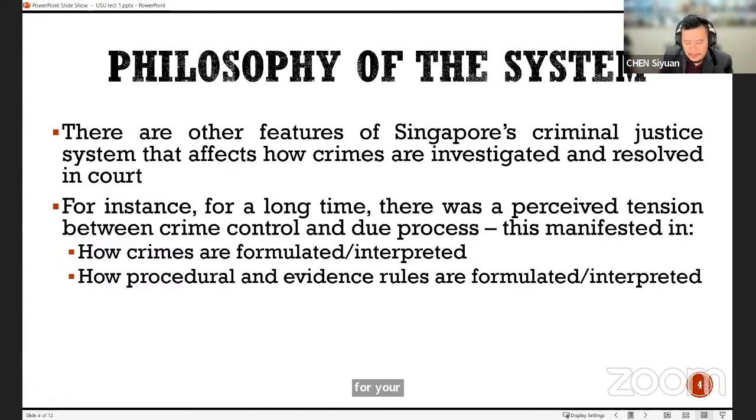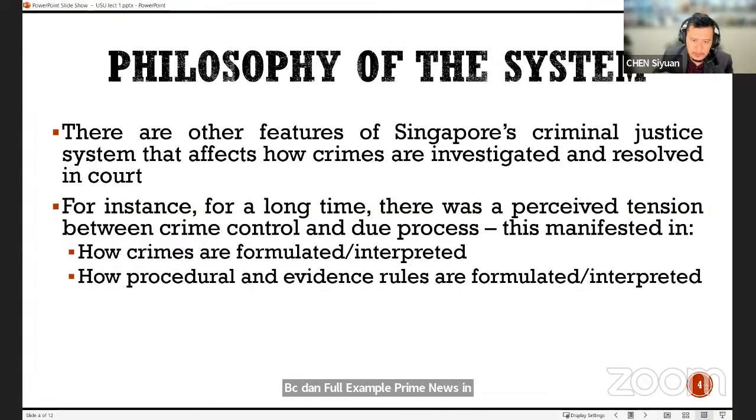There's a right to silence. And of course, the right to silence applies in Asia as well, but to different degrees. And so in Singapore, the right to silence, as we'll see later on, is very, very differently interpreted. So for sure in Singapore, you cannot keep silent all the way. In fact, if you keep silent, it will start to work against you. It will eventually bite you, right? When trial starts. So it's never really in your interest to keep quiet. And that's because in Singapore, that's how we have formulated our procedural and evidence rules, right? We don't take the view that you're entitled to keep quiet all the way.